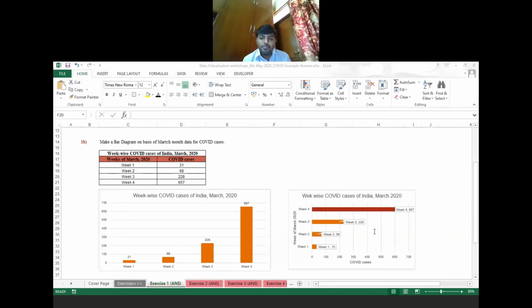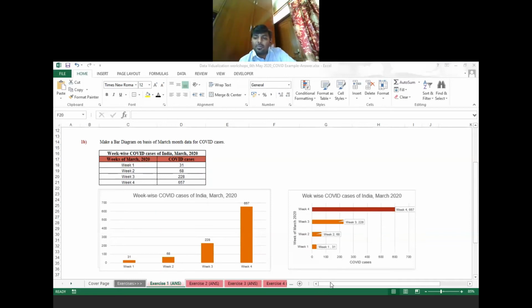Just give the key takeaway also. Great, people are completing. Wait for 2 minutes. Don't go fast.